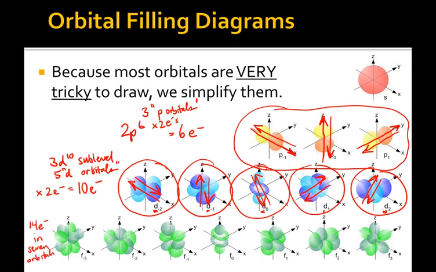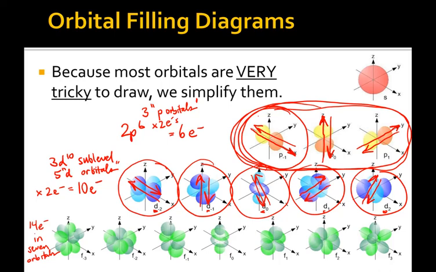So it's important to recognize the difference between a sublevel, which would be all 3 of these p orbitals. This is a sublevel like 2p or 3p. An orbital is one single part of that, so that's this little guy right here. And then the sublevel includes several orbitals, 3 or 5 or 7 in this case. So there's kind of a lot going on in there, and as we practice these, hopefully it'll make more and